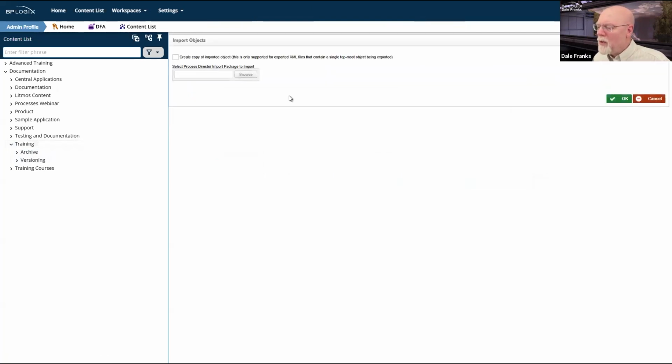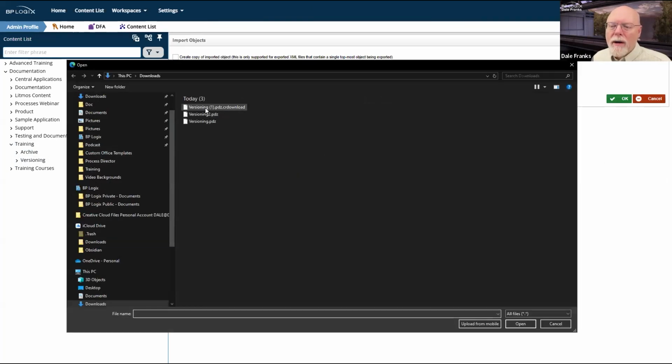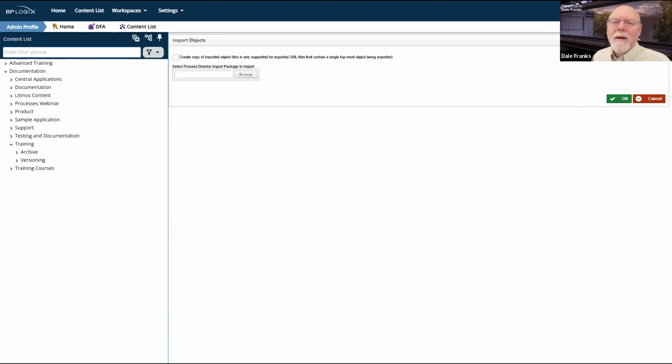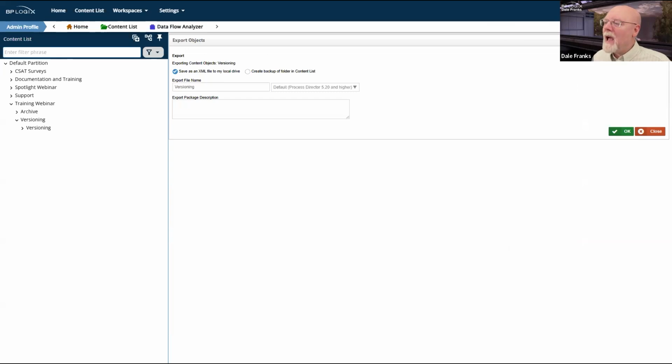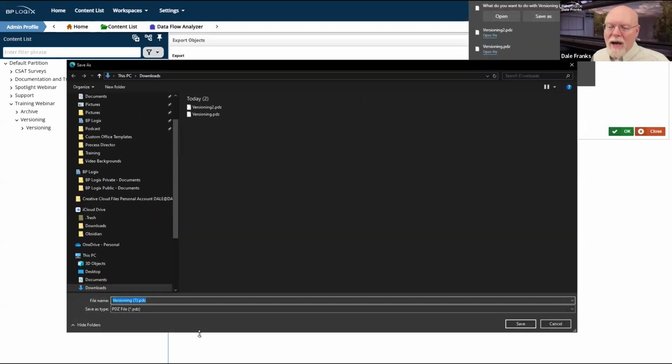Where is import objects? Alphabetizing is hard. Oh, that's not the way it's supposed to work. Did I not save the... Oh, save as. Okay, fine.